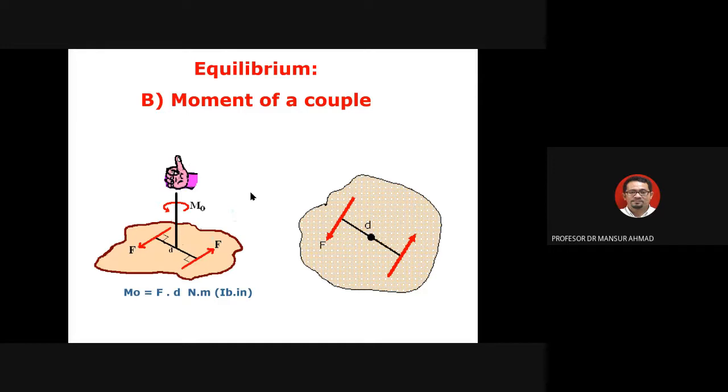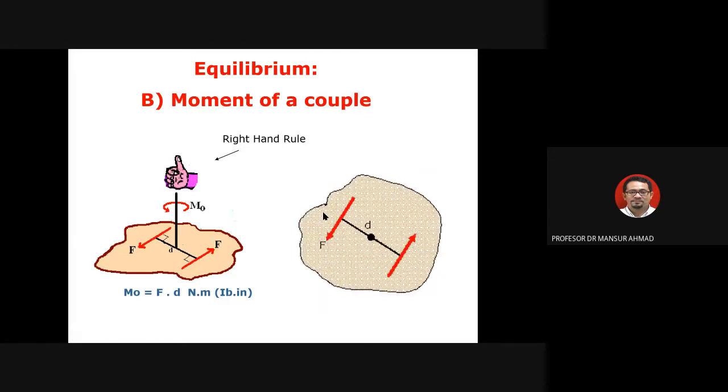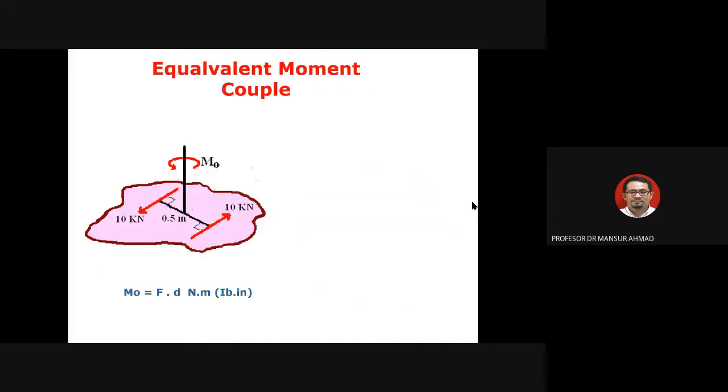So again, when you talk about moment of a couple, you're using the same formula, F times D here, using the same right hand rule, which is this. And if you look from the above, daripada atas, you will see this. So again, we establish the direction of the moment of a couple, sama juga. This is positive moment, represented by this model here. Yang ini, yang merah ni, positif. And vice versa. This is positive, and the other way around is negative.